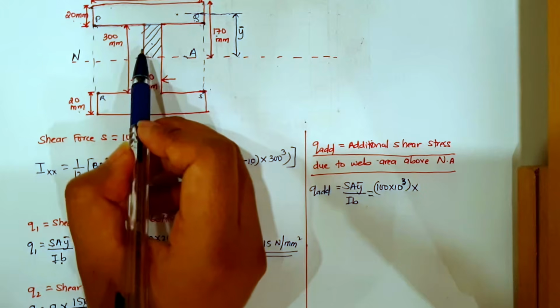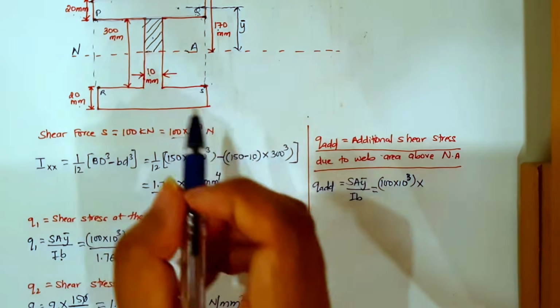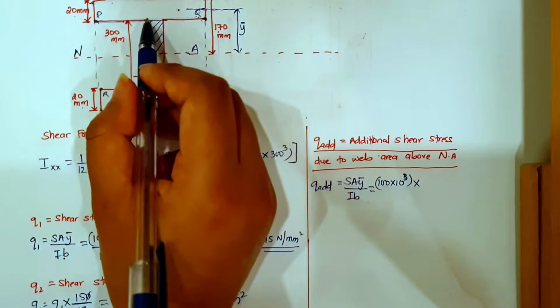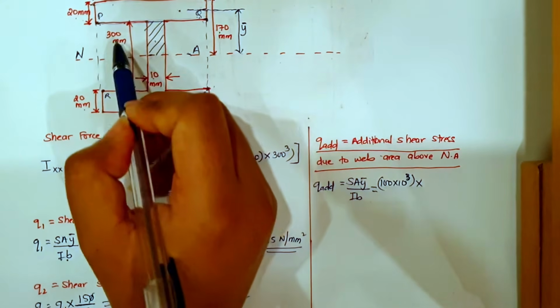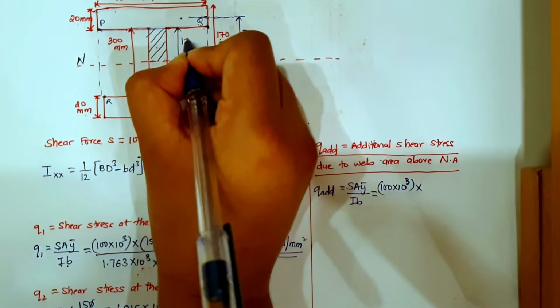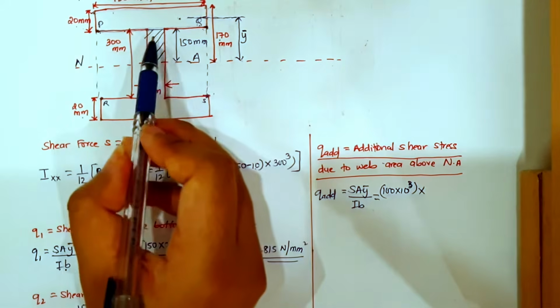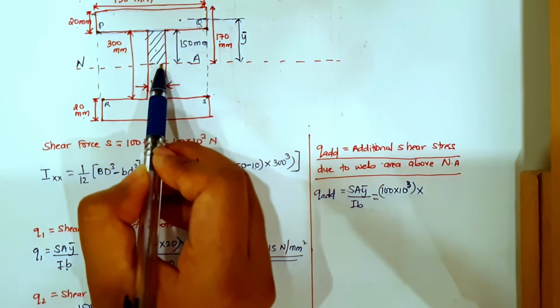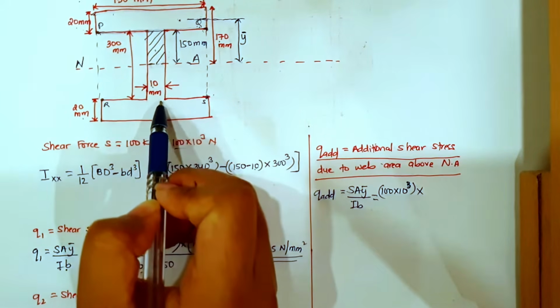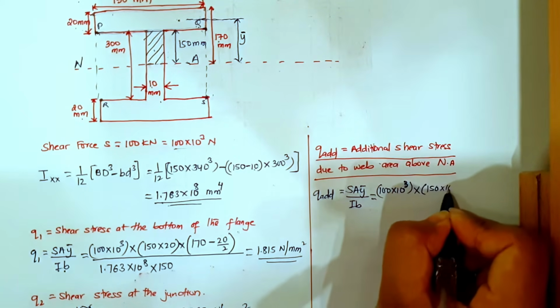You only have to find the area of this portion. Total depth is 300, so from here to here it will be 150 mm. So 150 into this thickness is 10. So area will be 150 into 10